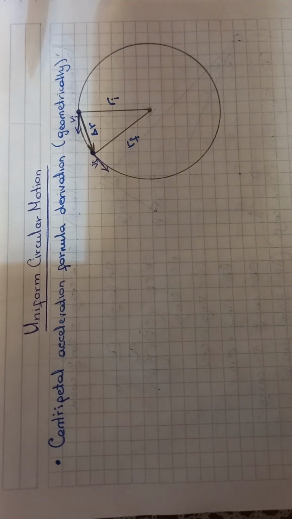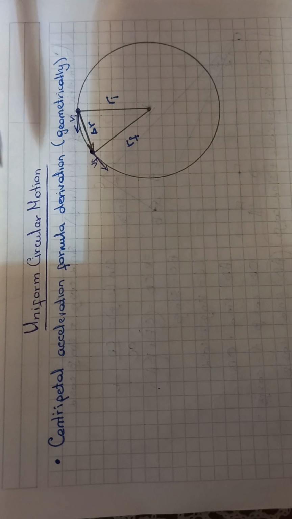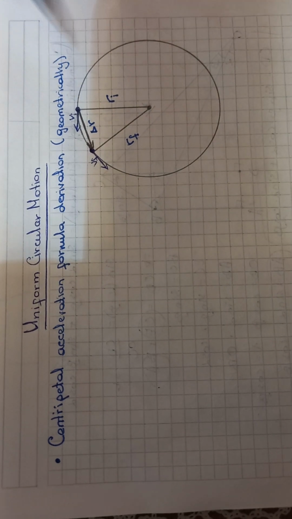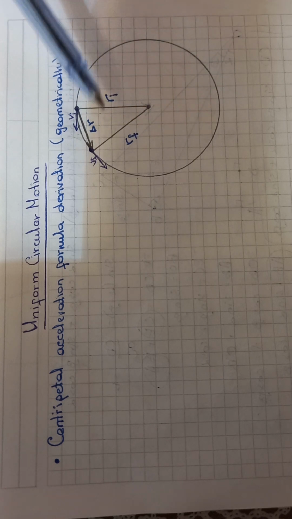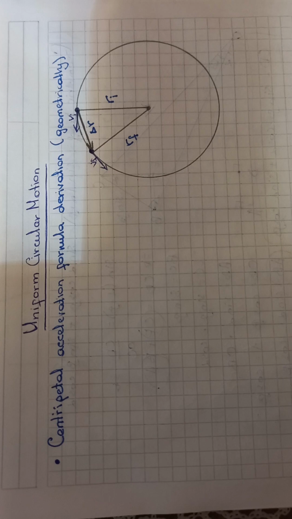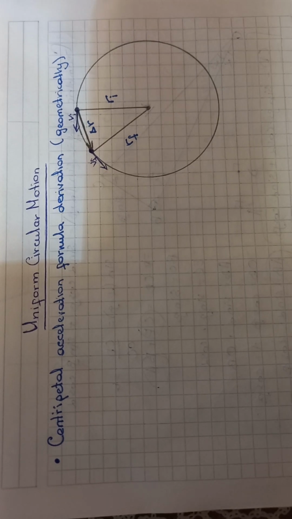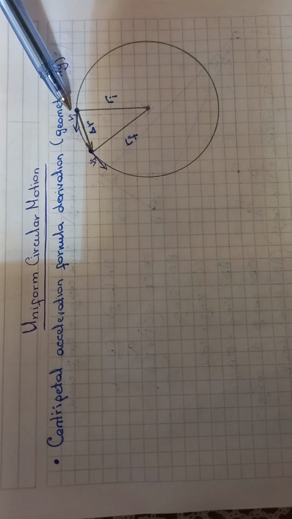In this video, I'm going to be deriving the formula for centripetal acceleration in uniform circular motion. This is going to be a kind of geometric proof, because I'm going to be using the path of the ball, let's say, along the circle, and show the derivation of the formula to you. So let's get started. Let's assume that we have a ball here and it moves along the circle with the